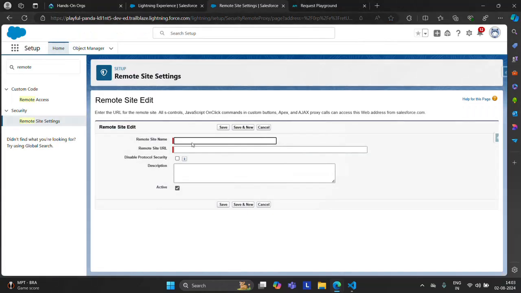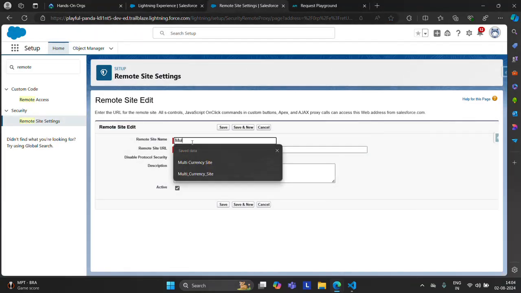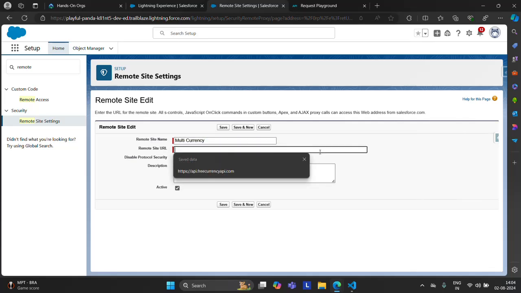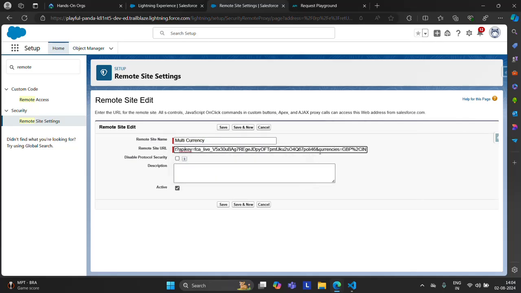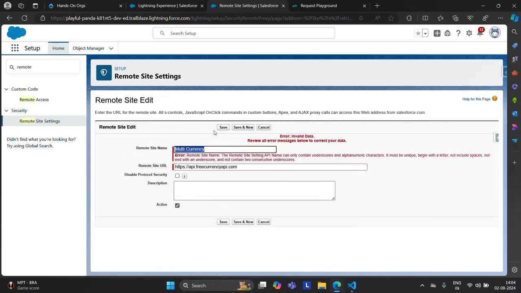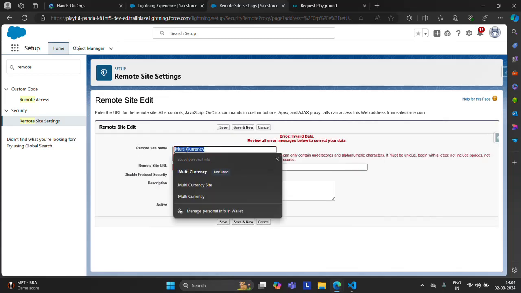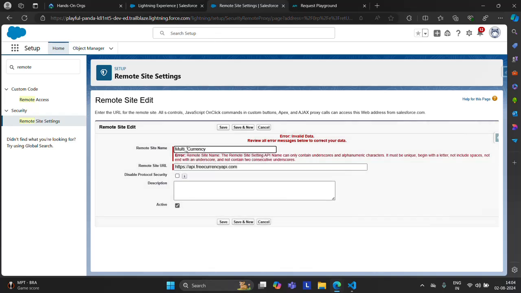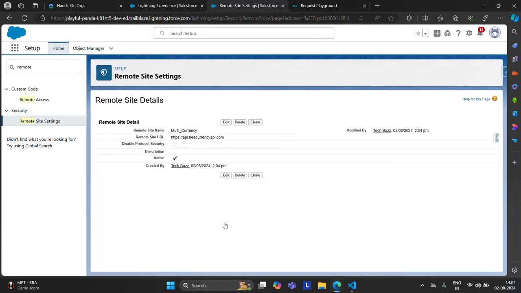Give your multi currency name and paste the URL here. There is no need to copy the entire API key and everything. Just give the base URL here. Save. Here you need to give an underscore. It's done.